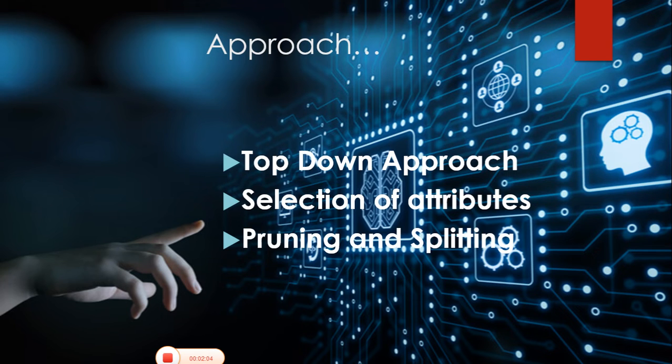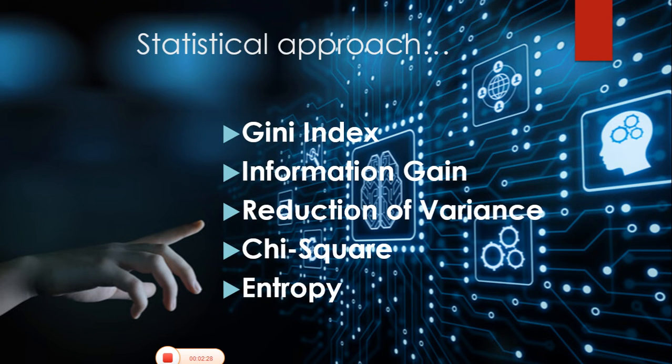Now, decision tree uses two concepts, that is pruning and splitting. Pruning removes the unwanted branch nodes and splitting divides the root node into different leaf nodes. The selection of attributes in decision tree is very important such that it creates new descendant nodes. Decision tree follows only the top-down approach while constructing a tree. The statistical measures of decision tree include the Gini index, which finds the impurity whenever we construct a decision tree.